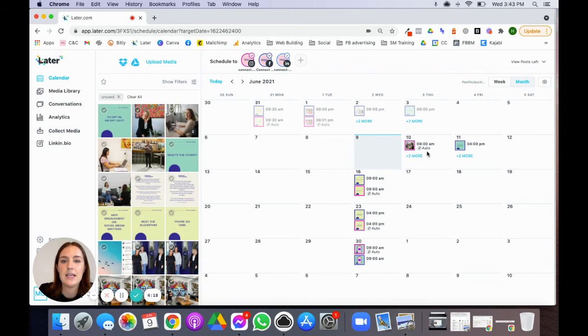If you want to see how your posts look on your news feed, this is specific to Instagram only, and that's because it only really matters on Instagram, because that's where you're going to see all your posts amongst one another. So if you want to see how that scheduled post fits in with the rest of your images and the rest of your posts, you can deselect